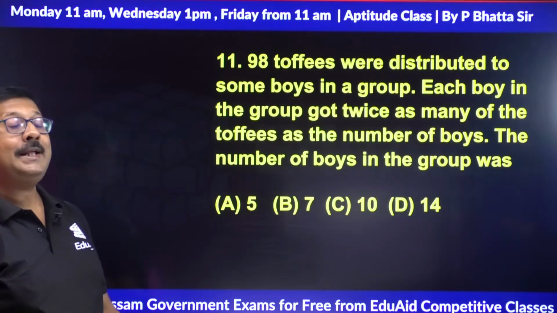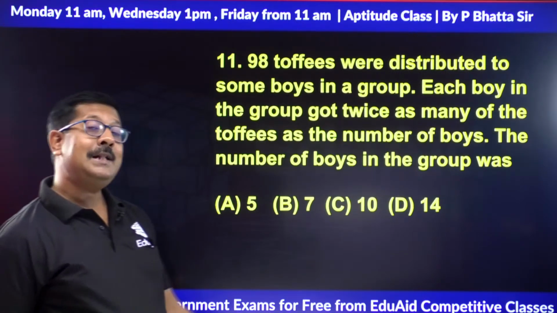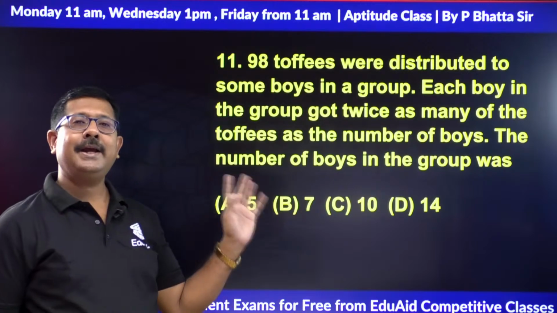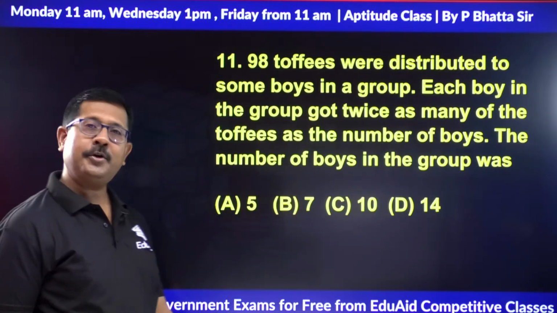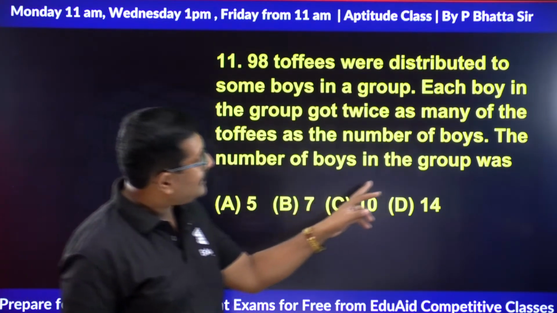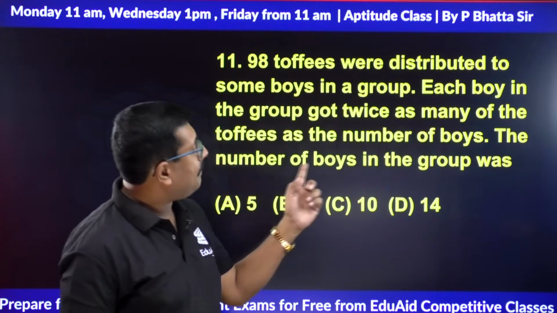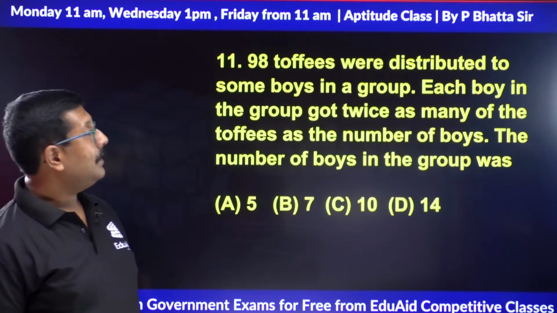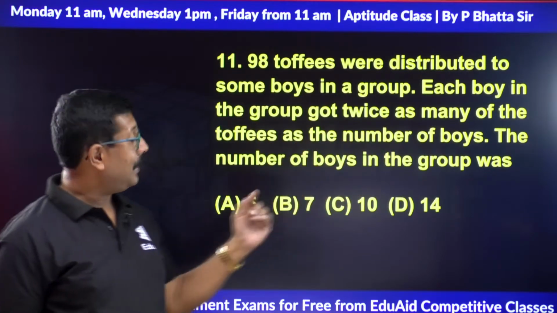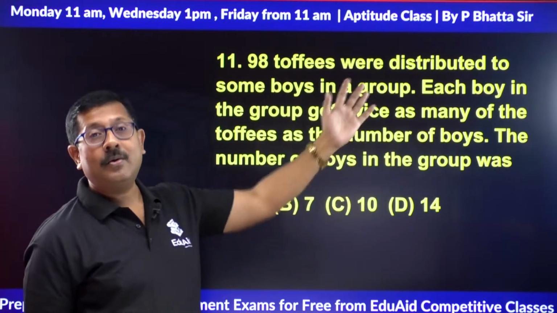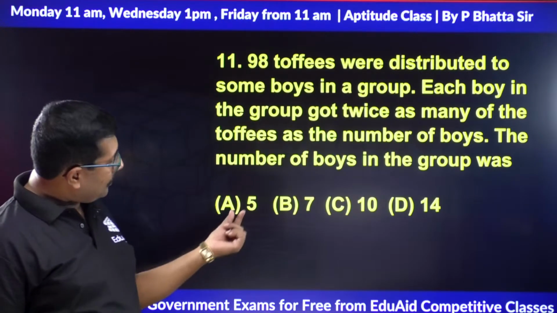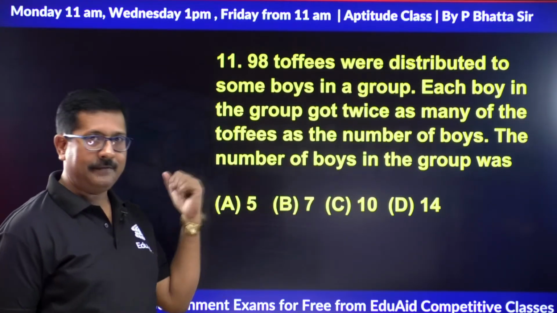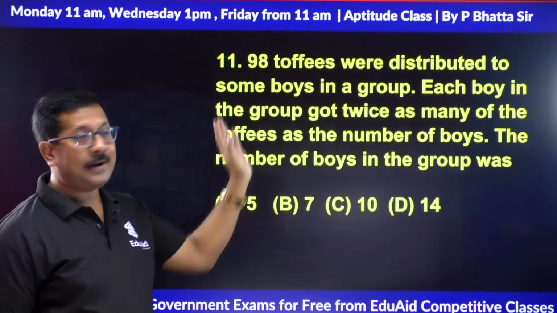তাৰমানে প্ৰত্যেকটো লৰাই কিমানটাকে টফি পাব, টোটাল নাম্বাৰ অফ লৰাৰ সংখ্যাৰ দুগুণকে টফি পাব প্ৰত্যেকজন লৰাই। এতিয়া আমাক বিচাৰিছে কি, the number of boys in the group। এতিয়া number of boys আমি কেনেকে লম, আমি আৰু ইকুৱেশন ফৰ্ম কৰাত নাযাওঁ, আমি অপশন এপ্লাই কৰি অংকটো সলভ কৰিবলৈ যাম। যে সাপোজ প্ৰথমতে আমি লৈছো টোটাল নাম্বাৰ অফ বয়জ ইন দ্য গ্ৰুপ ওয়াজ 5, আমি নাজানো কোনটো হয়, সো 5 ৰ পৰা আমি ভেৰিফাই